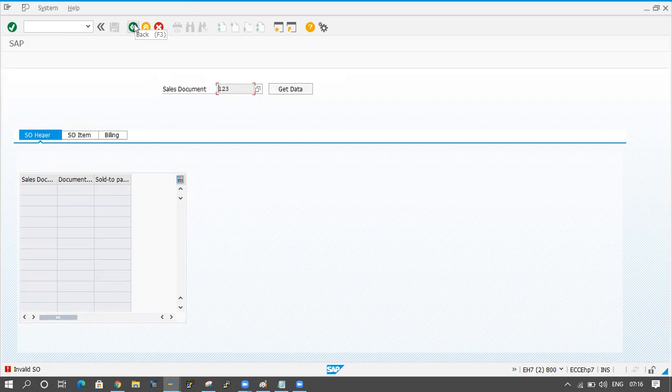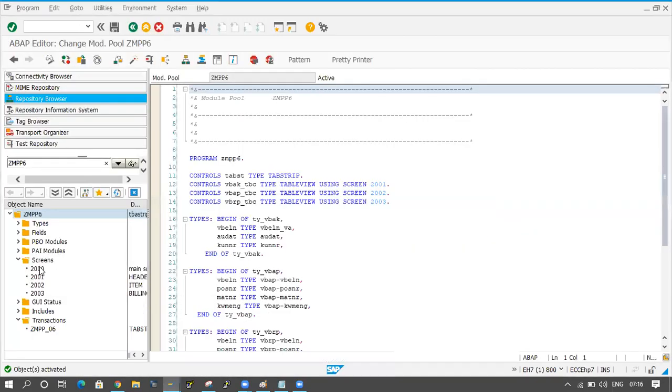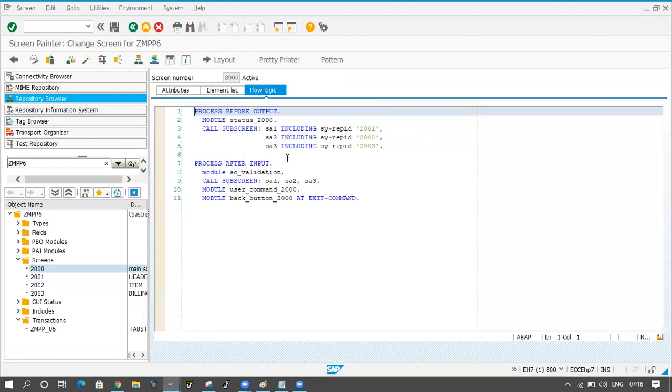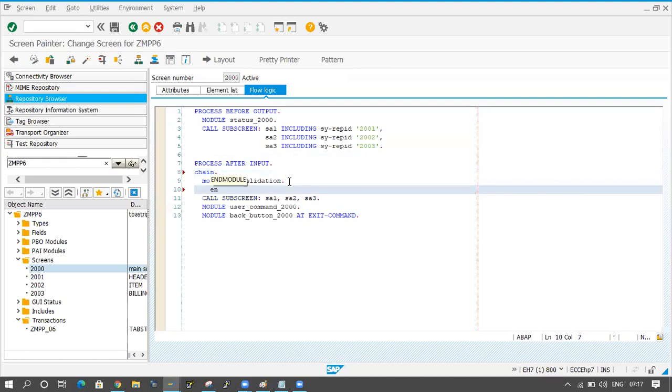So where is it? In the 2000 screen, right? Whenever you are writing any validation part, then you have to use the chain and endchain operation.